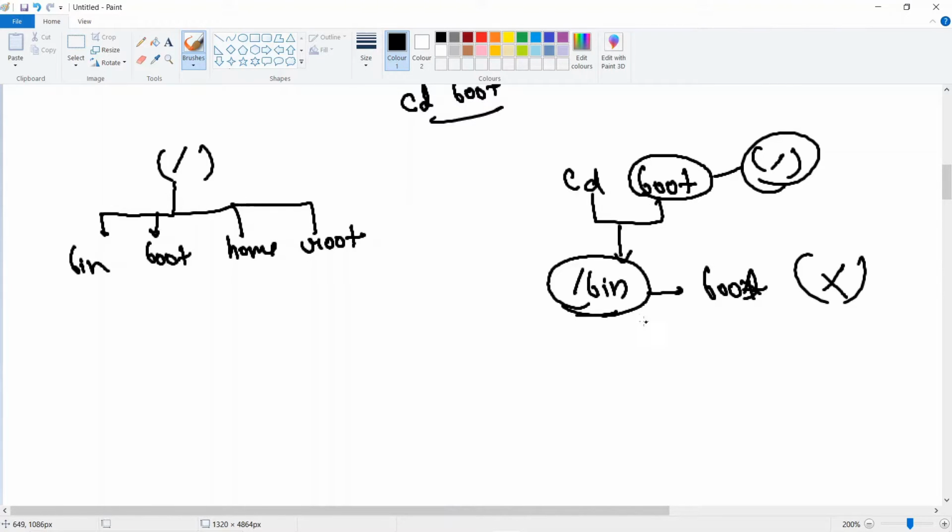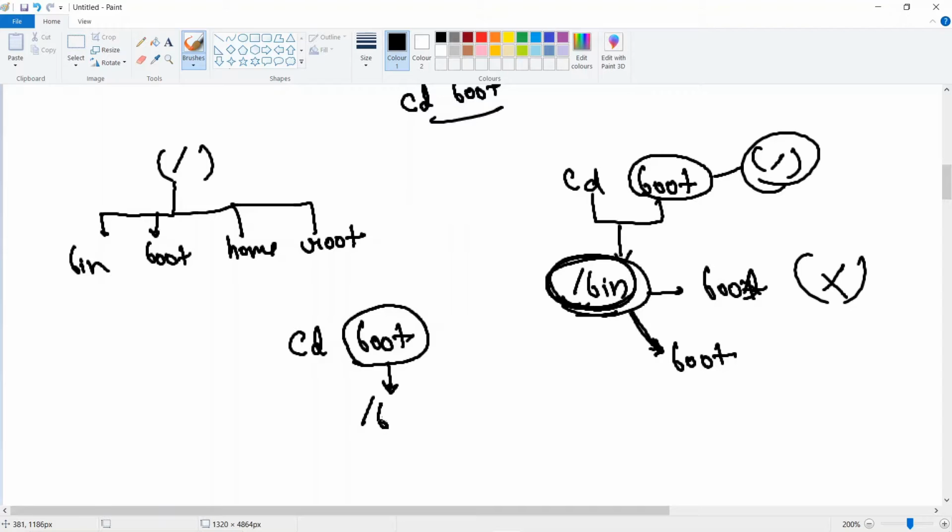So in the bin, no boot is there. That means with respect to slash bin, or relative to slash bin, slash boot is not there. And when we do cd boot, the cd command is searching for this boot folder in slash bin, not in slash. It's searching in slash bin, not in slash. That's why we are not able to go. Now, boot is not relative to slash bin,